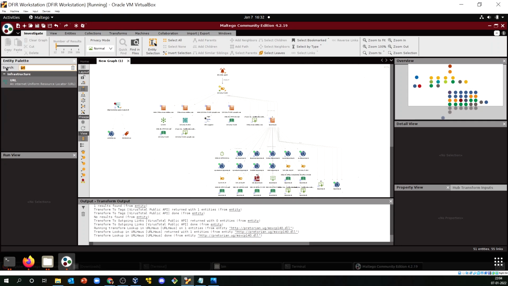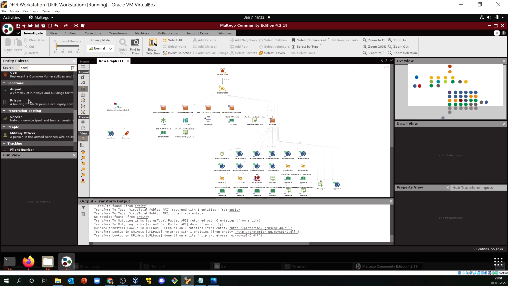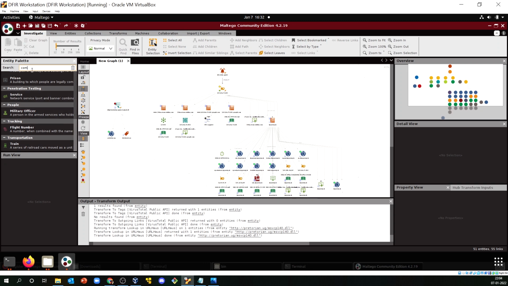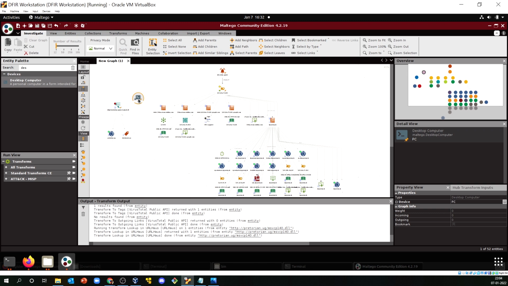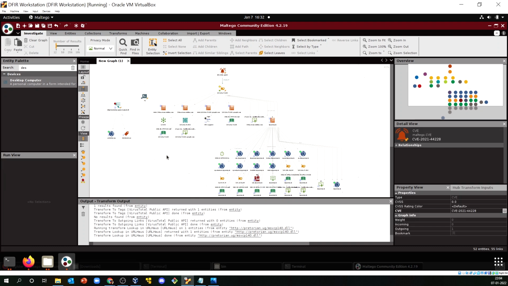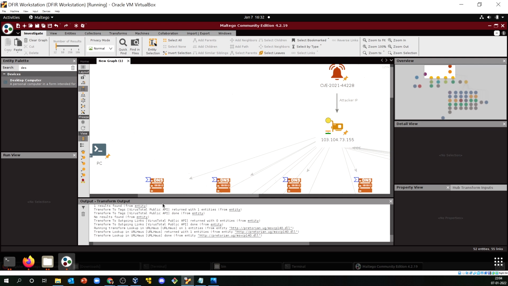So what you can do, you can come here and write something like computer. There is a tag for endpoints, so you can pull that up. There is a desktop computer icon, so you can use this particular icon over here. Let me zoom in a little bit if it is not visible properly.